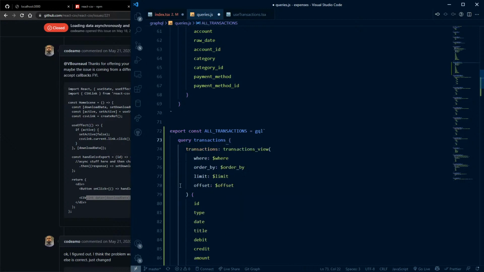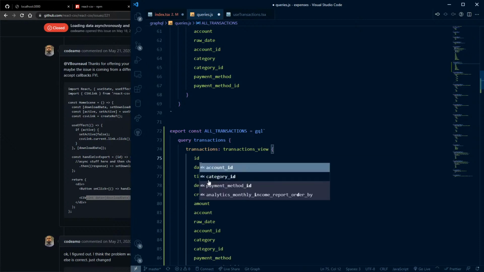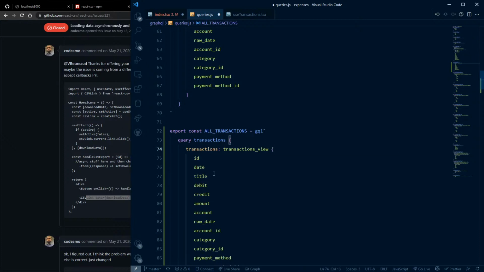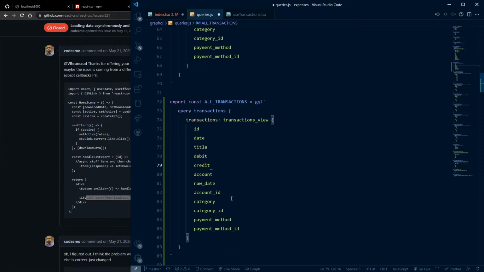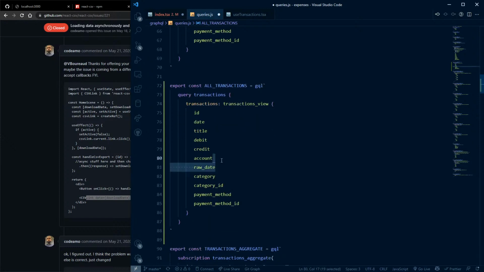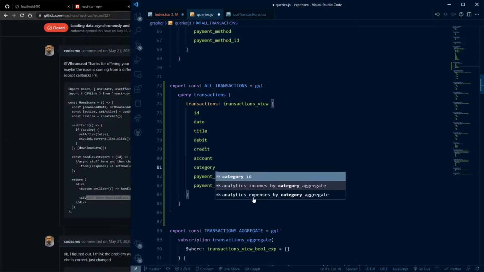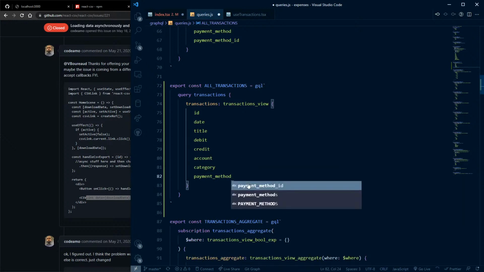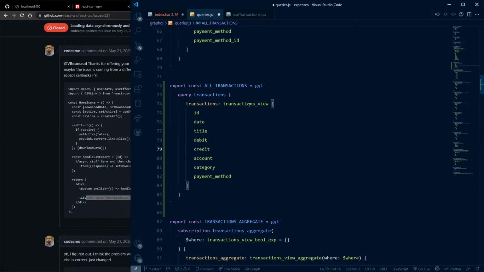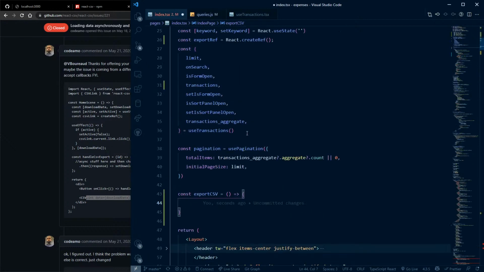Don't need any of this. Don't need anywhere either. We need date, title, debit, not these, not this. We need just these. I can say all transactions like this, and then have a